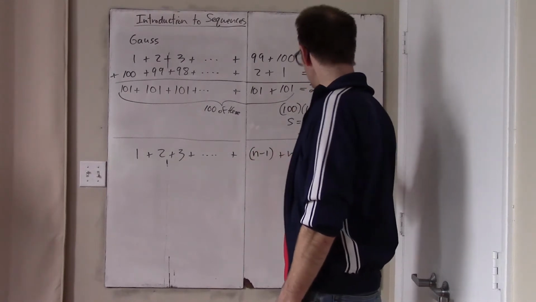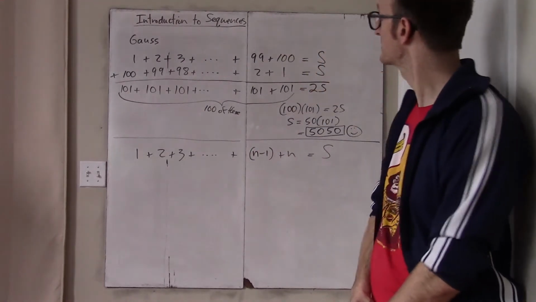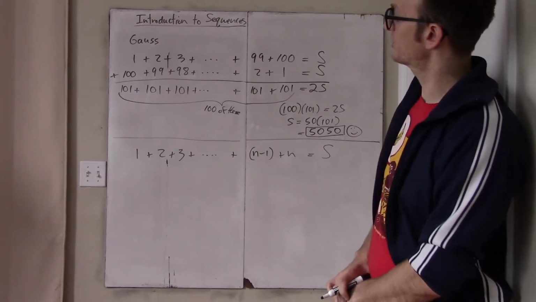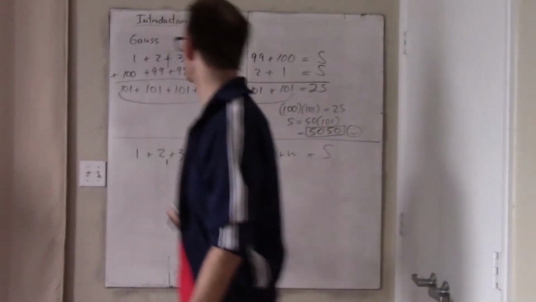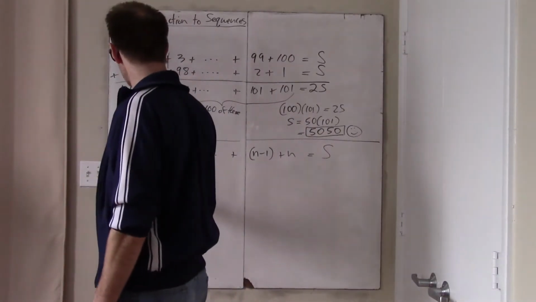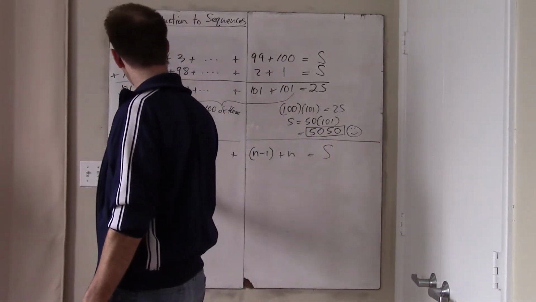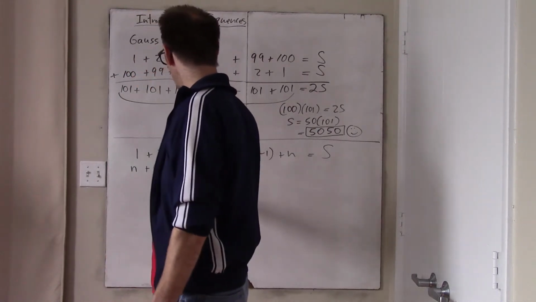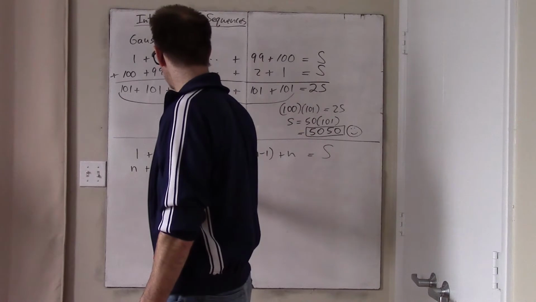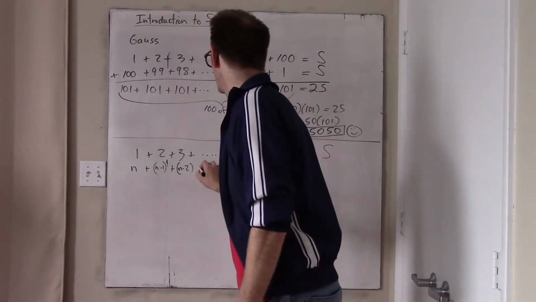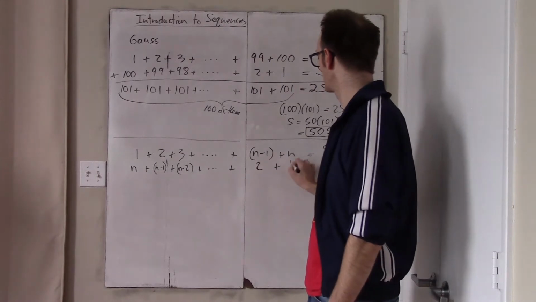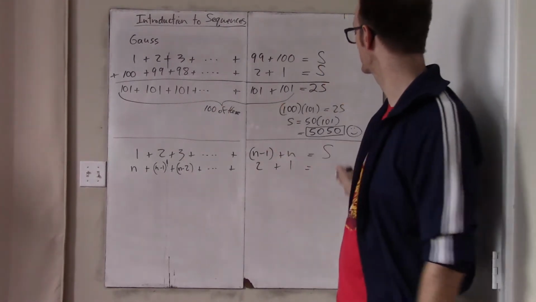Okay, so what is this? I'm just going to call it s, but it's really the sum of all the numbers from 1 to n. And how should I do this? Well, the exact same way, right? We just write the entire sequence again backwards. So this becomes n. Here we have n minus 1. Here we have n minus 2, etc. Plus, and I just throw in some dots, and then this is 2 and then 1. So this is simply writing the entire sum backwards.